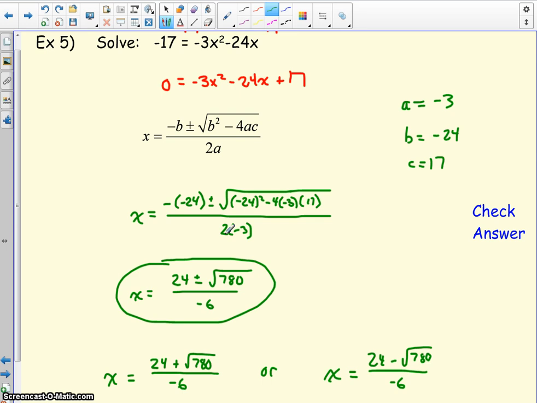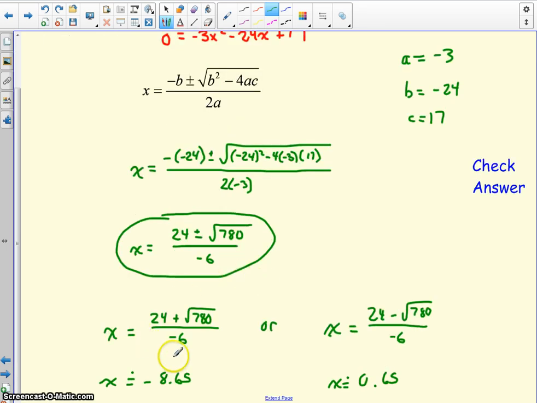If you want to take it further, and find the answer to two decimal places, split up your two answers here to one where it's plus root 780, one where it's minus root 780, run them through your calculator, you get negative 8.65 and 0.65. And you might want to do that if you want to use that number to calculate something else, if you want to check your answer and make sure it makes sense with a graph or with a context in a